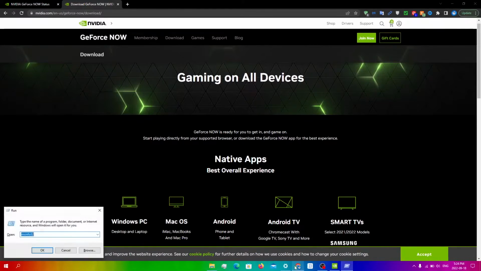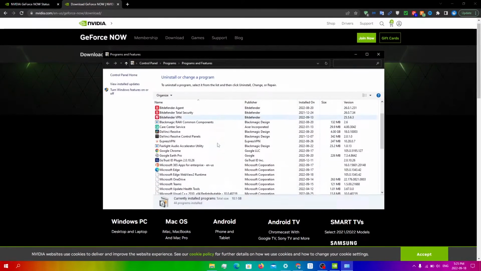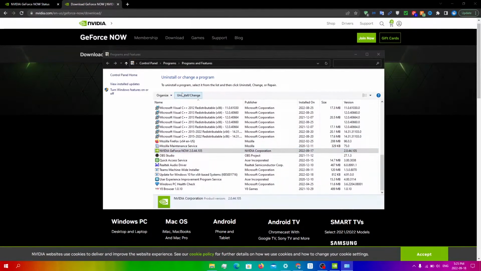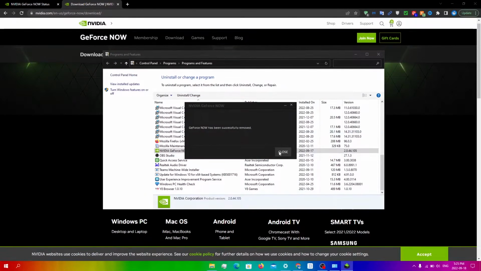Click the Windows key and then R. From here you're going to type in appwiz.cpl right over here. Click OK. And then from here you're going to scroll down until you see GeForce Now. So I'm going to scroll down all the way here. Click on the GeForce Now. Click uninstall and change. And then click uninstall. Click close,